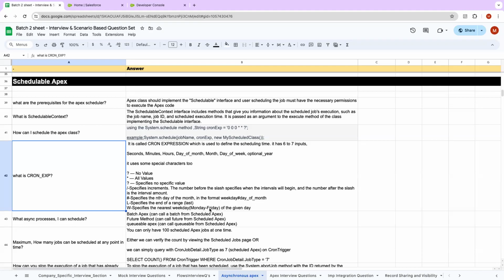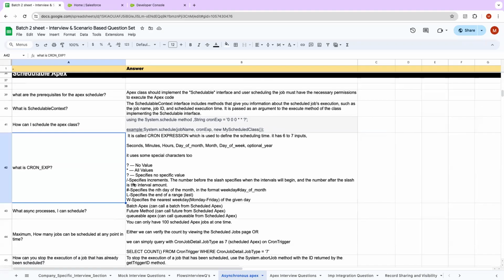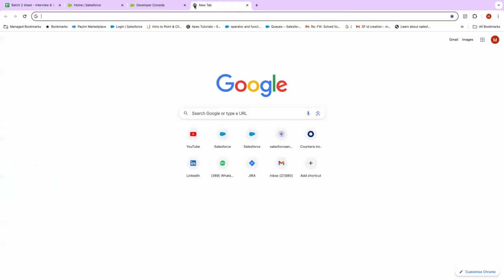Like for the week, you can write Monday to Friday. If you want to only run it from Monday to Friday, and exclude Saturday and Sunday, then for the day of week, you can write Monday to Friday like this instead of ranges. So cron expression, you will have to practice. Most of the time you will not get interviewers saying, can you write a cron expression for this and that? Can you write a cron expression to run a job every 30 minutes? But sometimes you may get an interviewer who may try to trick you around the cron